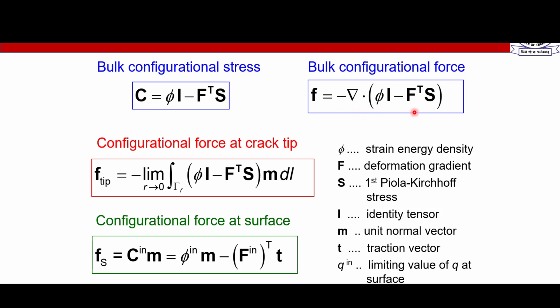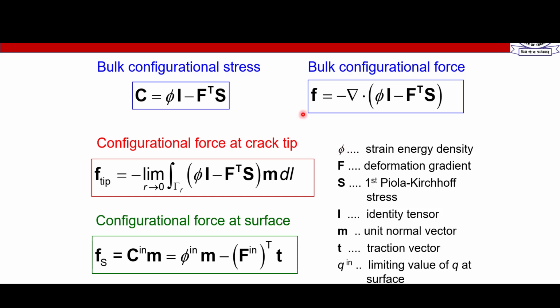And when you take the divergence of that, divergence of any parameter will tell you the inwardness or outwardness of that thing for which you are taking the divergence. So you can imagine this to be some kind of energy balance. So whatever is stored, whatever is applied, if that saturates, then there is no inwardness or outwardness of that parameter. So in that case, configurational force will be 0. And if the balance is not 0, then there will be a finite value of a force vector, and that force is configurational. So configurational forces are calculated in the bulk of a material, so inside a material, using this formula. At the crack tip and at the surface the formulation is a little different, but we will not